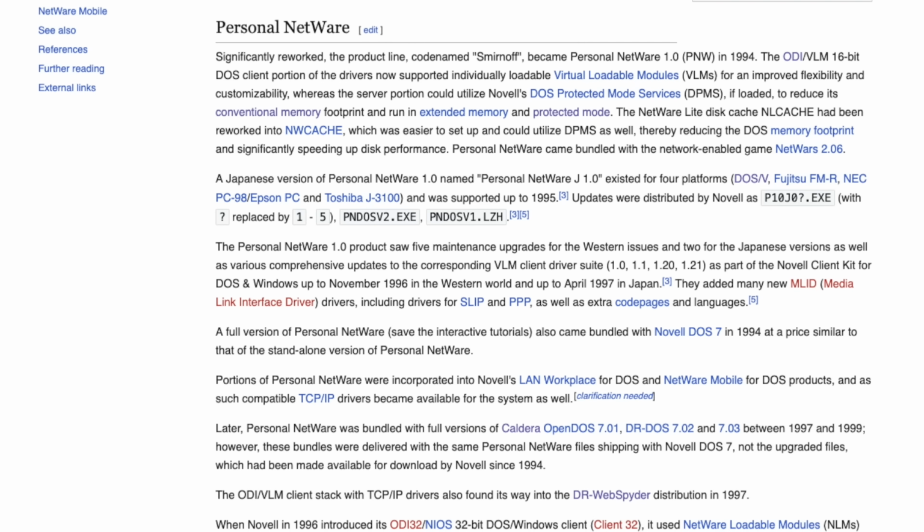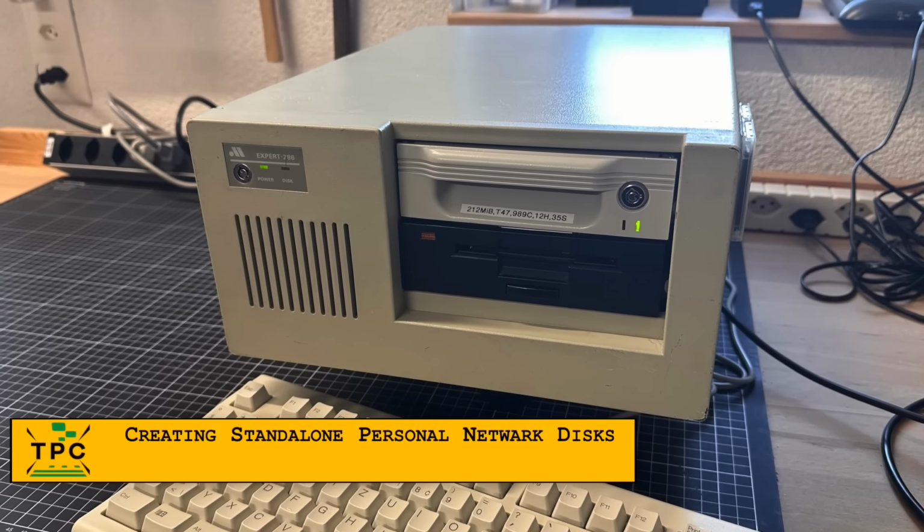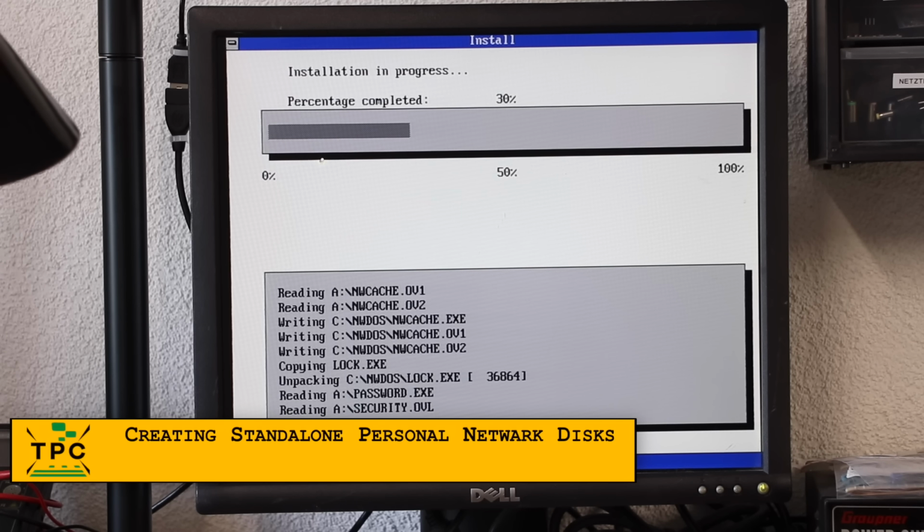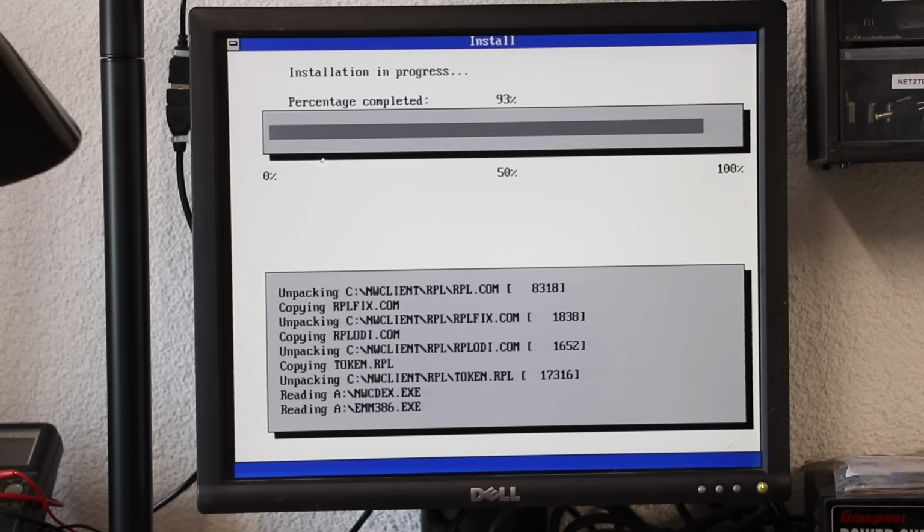So Novell developed a substantially improved successor called Personal NetWare. Like NetWare Lite, it could operate as a straightforward peer-to-peer network, while its revised client architecture would also support existing Novell NetWare servers. And while my 486 is busy installing a full copy of Novell 7 along with Personal NetWare,